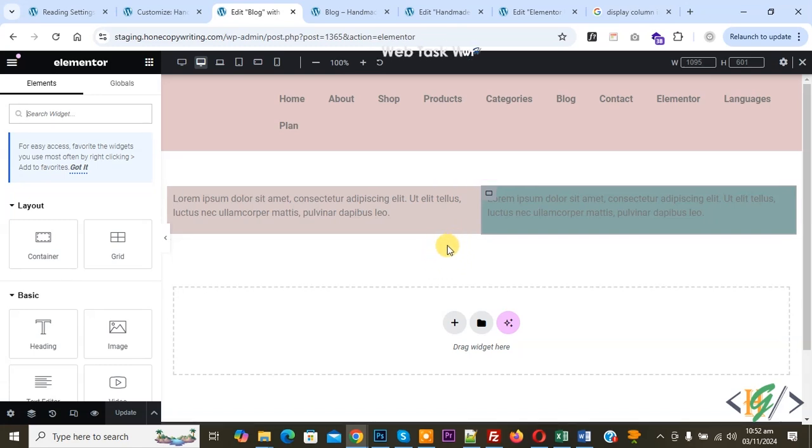Bismillahirrahmanirrahim. Assalamu alaikum. My name is Hassan, and today we are going to display two column layout using custom CSS